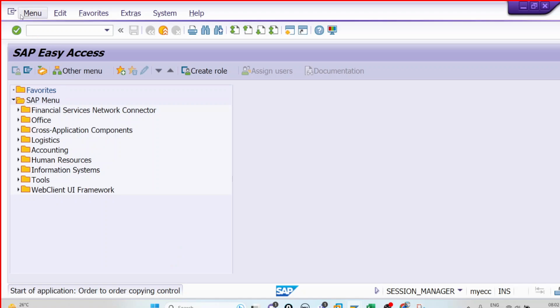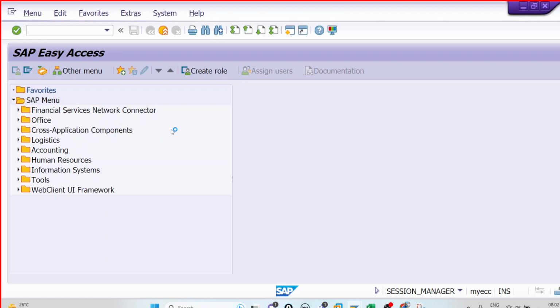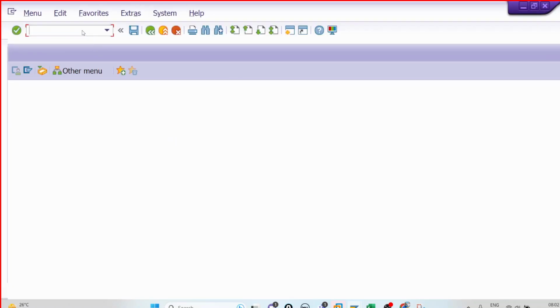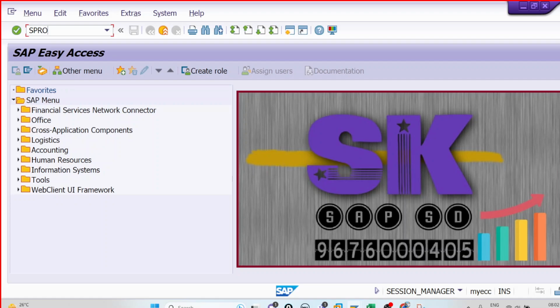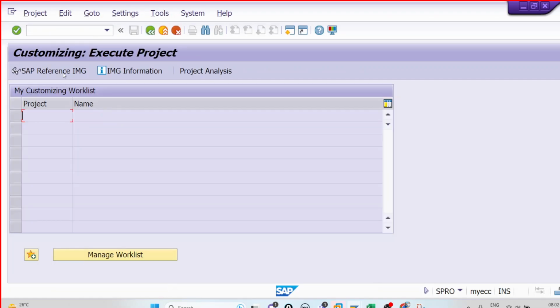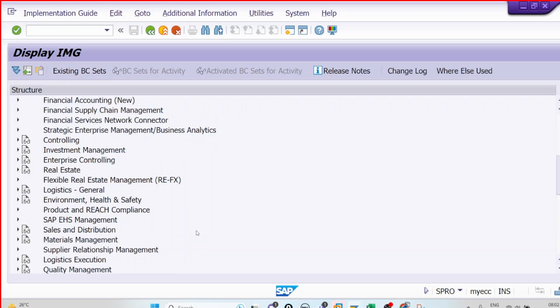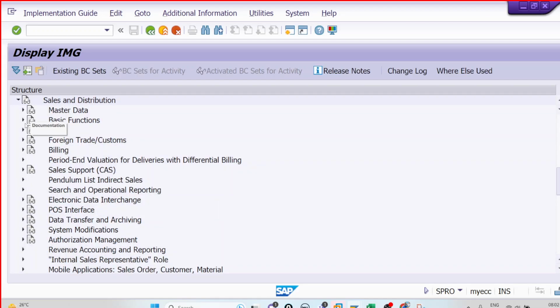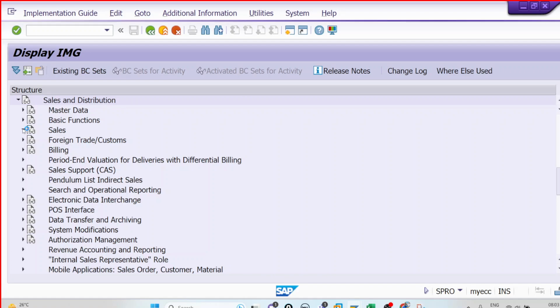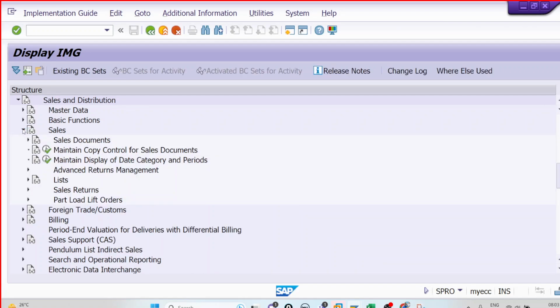Okay, now this is one way. I have shown you the transaction code which we can use for maintaining copy controls. In another way, you can go to SPRO, sales reference IMG. You can go even from the path. Okay, SPRO, sales reference IMG. You have this sales and distribution. Okay, here you have sales. See, you can see maintain copy control